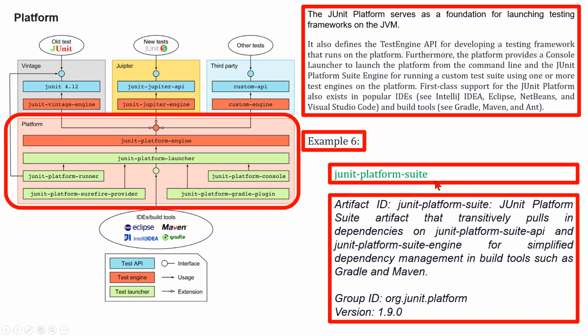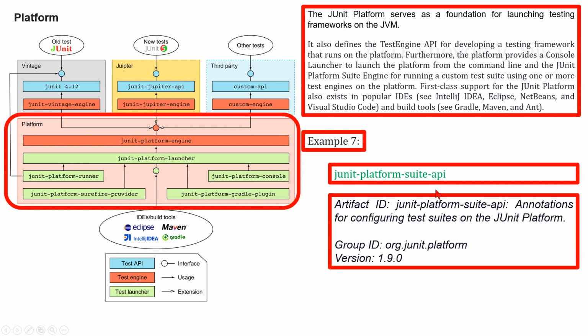As an example 6, we can consider artifact ID JUnit platform suite. JUnit platform suite artifact that transitively pulls in dependencies on JUnit platform suite API and JUnit platform suite engine for simplified dependency management in build tools such as Gradle and Maven. This is in the group ID org.junit.platform. As an example 7, we can consider artifact ID JUnit platform suite API. Annotations for configuring test suites on the JUnit platform. This is in group ID